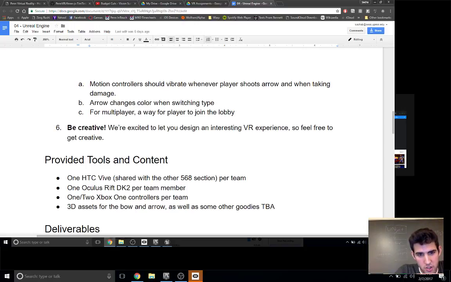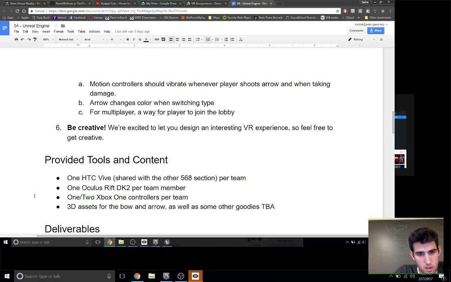So we're going to provide each team with a Vive. You guys can all keep your Oculuses, which means that you'll be able to test the HMD integration, like head rotation and moving around the level without the Vive. The only thing you won't be able to mimic with the Oculus is the controllers, which is why we're going to give you an Xbox controller. So keep that in mind.